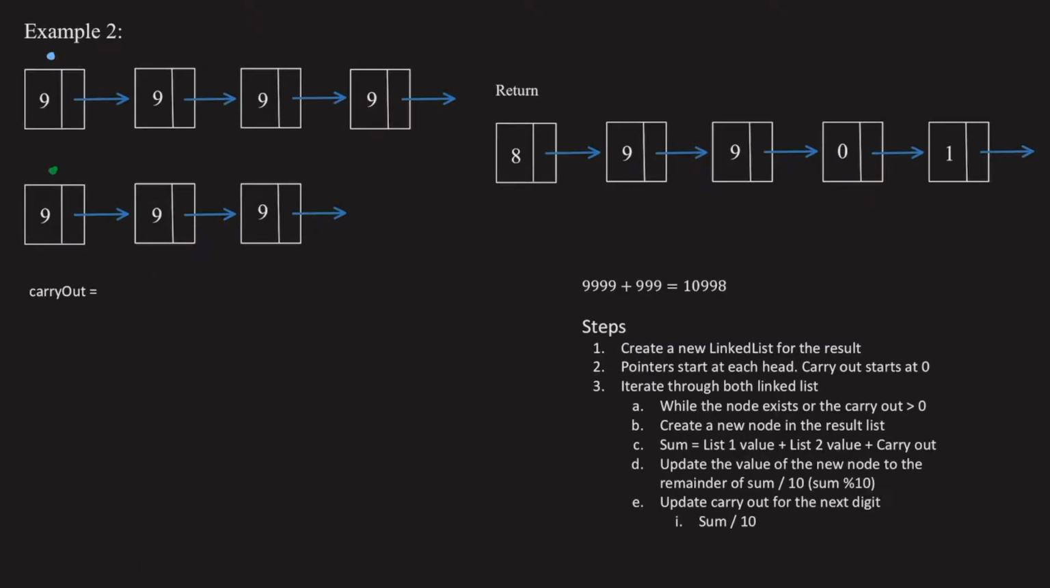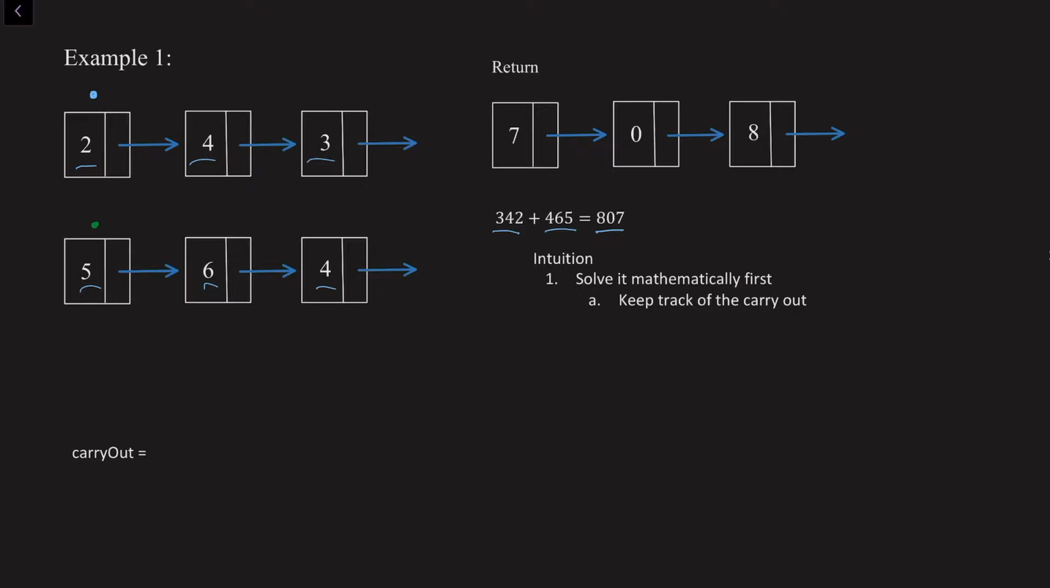Okay, so this next example has a 9999 for the first list and 999 for the second list. Again, if we add them together, we will get 10,998. So we will have a linked list that has 89901 because it's reversed. When we have a math problem like this, one thing we could do is to actually